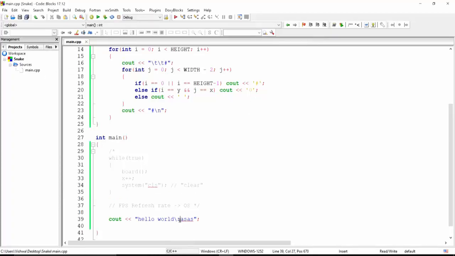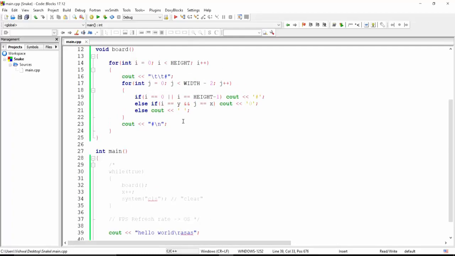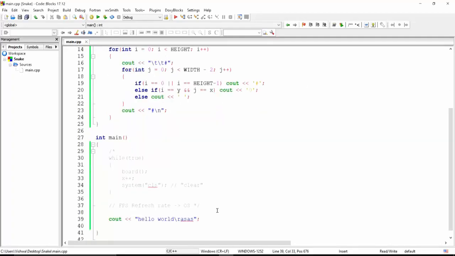That is because this \r will take the cursor from the end of the line and place it in the beginning. But we cannot use the \r over here, because we are using multiple lines, right? So you're printing around, let's say, 25 lines, because the height is 25, and there is no escape sequence to get your cursor back a line. So \n will move your cursor down a line, but you cannot go up a line, right? So for that,